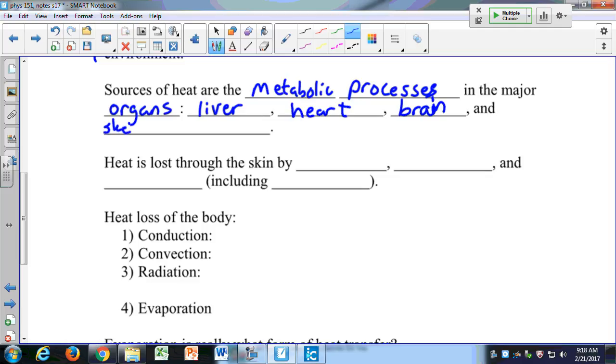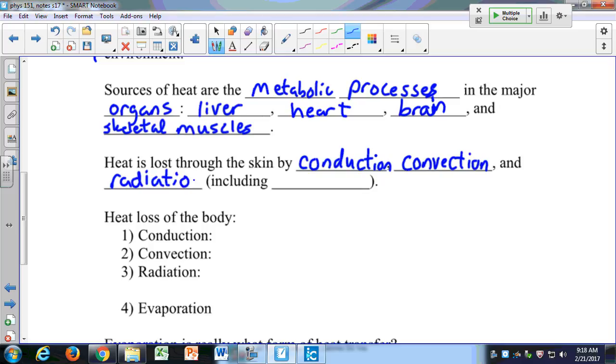Your skeletal muscles. When we talked about those different kinds of muscles in a previous chapter, the skeletal muscles like your biceps, your triceps, your deltoids, that kind of business. Heat is lost through the skin by conduction, by convection, and by radiation. So you can probably imagine each of those and how they affect